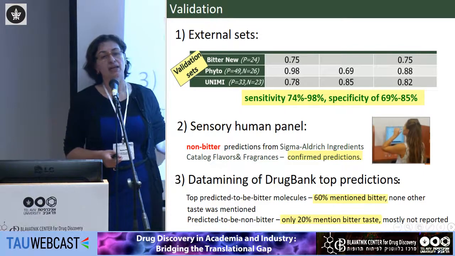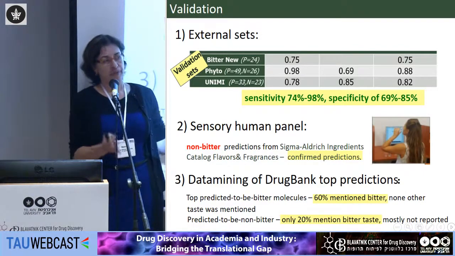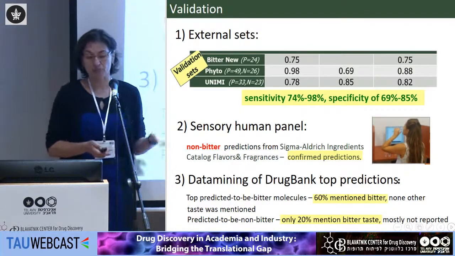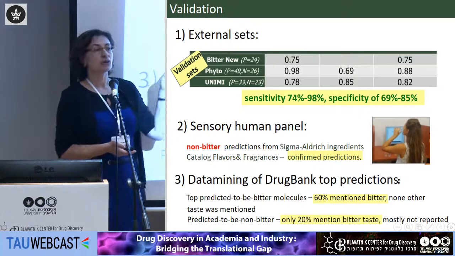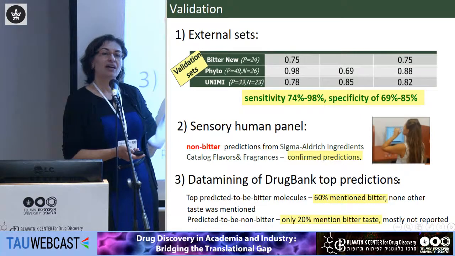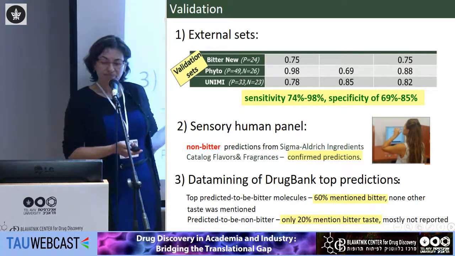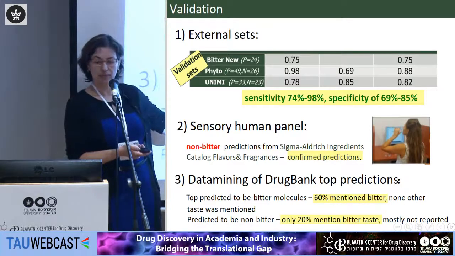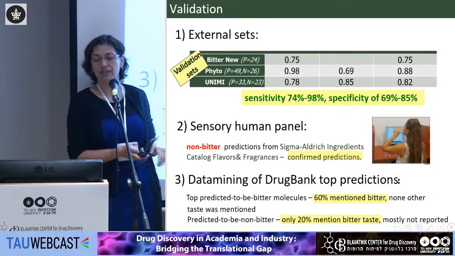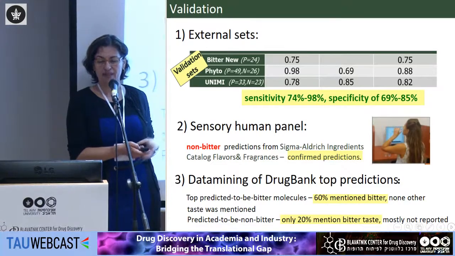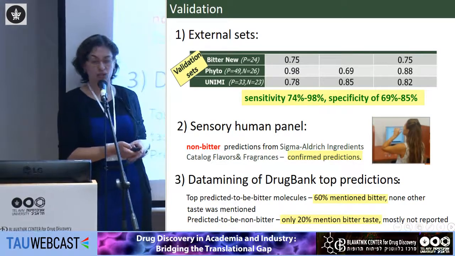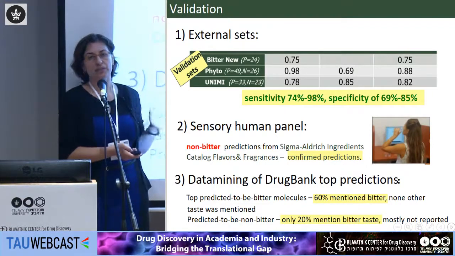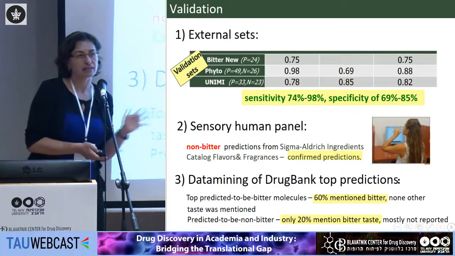So we predicted some molecules' bitterness, or in this case non-bitterness, and then tested in the sensory panel. And then we used data mining on compounds for which taste should have been or might have been known, and we looked at co-occurrence, actually manually looked again at their being mentioned as bitter or not. All of these tests assure that indeed we are doing pretty good. So about 80%, give or take,